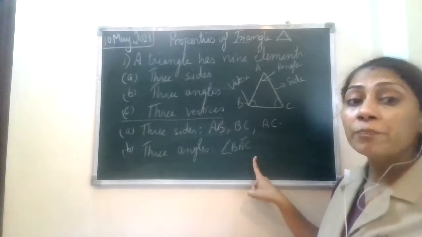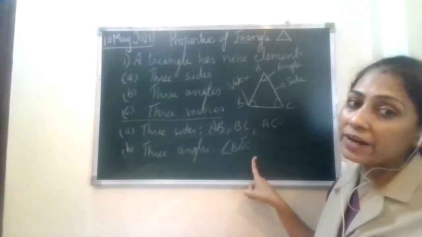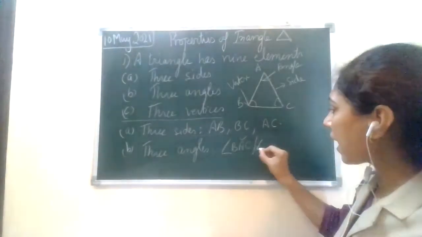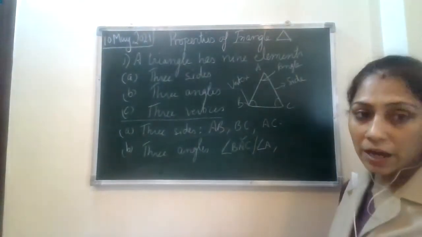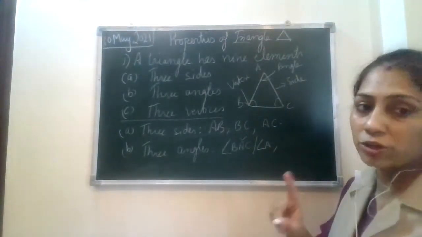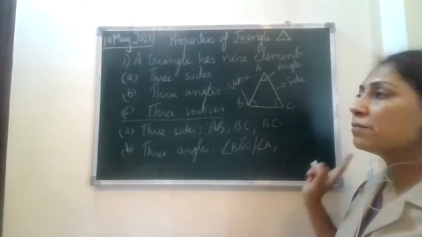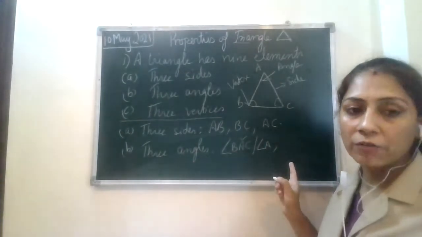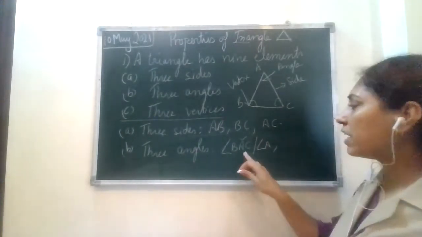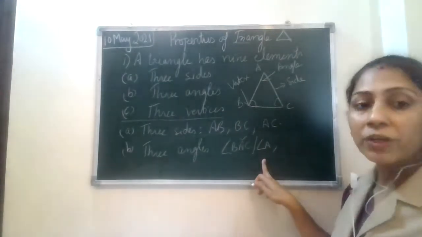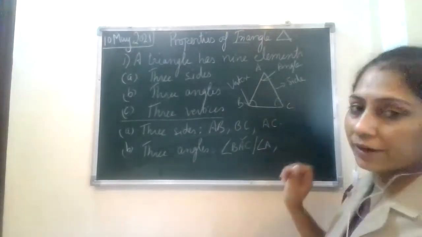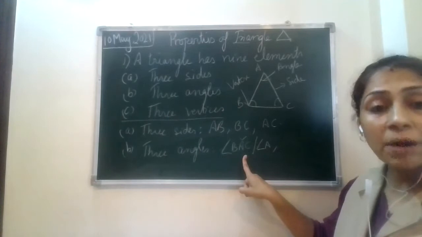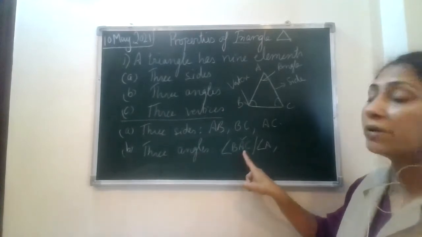Many students keep confusing themselves about how to write the angle. Either you can write solo A, angle A. This and angle A are the same. I'm writing it so that you have a very clear picture in your mind. BAC or simply angle A. You know why we name them when they are adjacent angles? That also I'm going to cover, so there should not be any confusion. But here you can write solo A also. It's also going to work because this is a simple triangle. When there's a complex figure, then you have to name like this, and keep it in mind, ensure that the angle you're referring to comes in between.